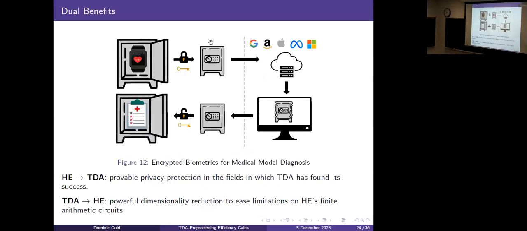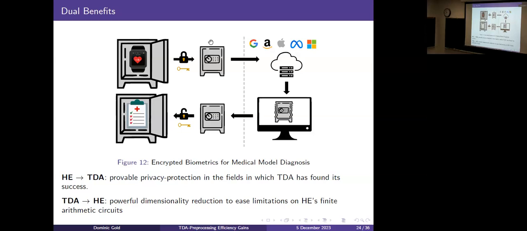Perfect. So now I think I have the proper background to talk about my work, which is realizing this intersection between the two fields. Why do I want to do that? Because there's a nice dual benefit that, in my belief, and I'm very confident in this belief, both fields offer each other. HE gives TDA provable privacy protection and security in the fields in which TDA has found its major successes, right? The successes it has found in cancer, genomics, DNA,